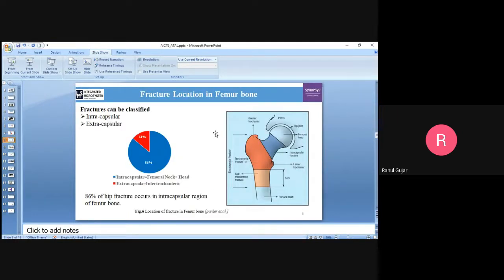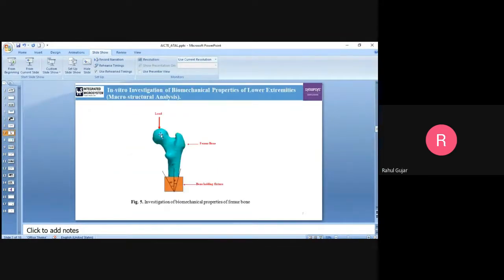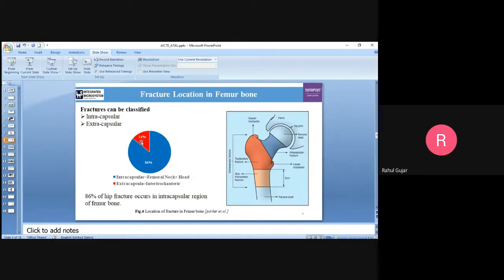Now, why did I choose the upper portion as the fracture location? Here you can see the fracture location in the neck head portion only. So why did I choose this portion? Because it is generally found that 86% of the maximum fractures occur in the femoral neck head region.